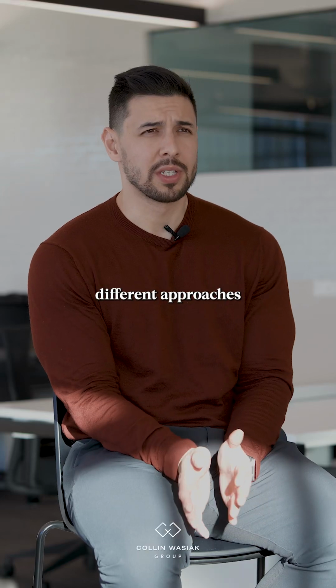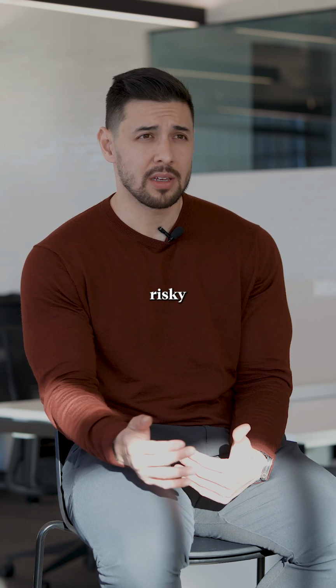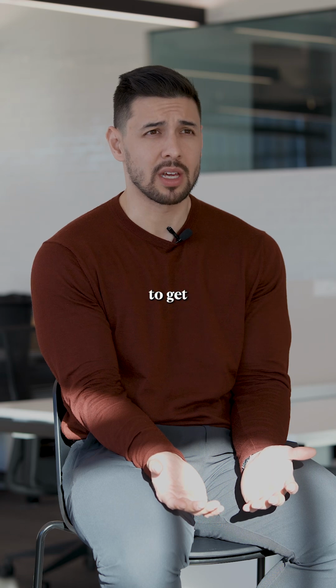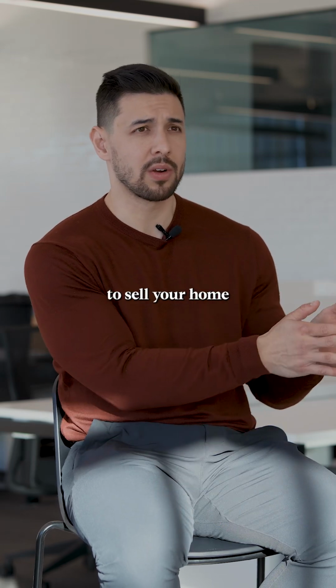A number of different approaches that a lot of our clients have utilized over the years. A number of them are risky to not as risky. It's all dependent on what you, as the consumer, are looking to get involved with. So, jumping right into one of the most used avenues to develop an ability to sell your home with the